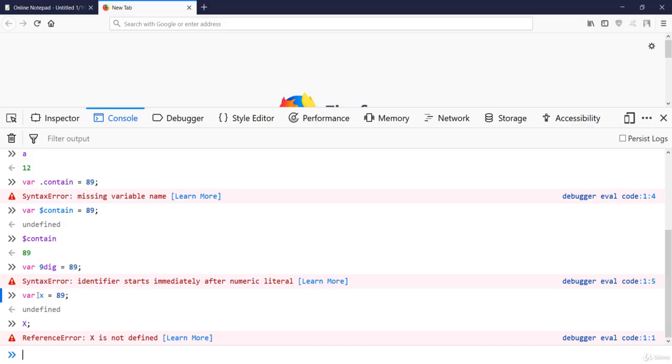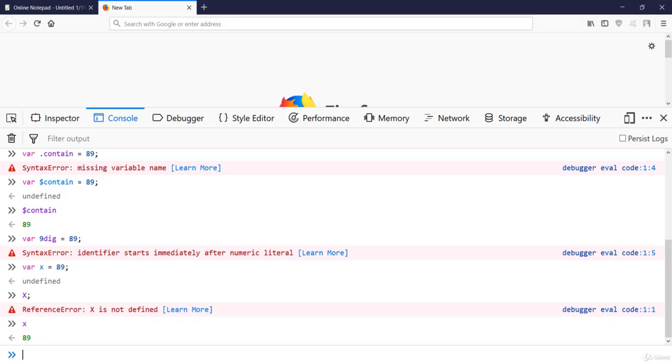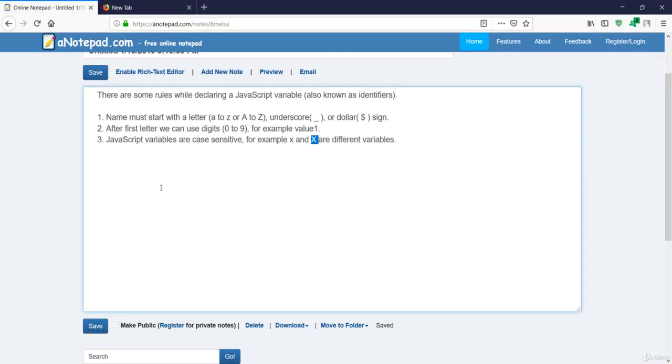That means the small x is not the same as the capital X, the uppercase X. That means JavaScript variables are case sensitive. So you must take care of these three rules while creating variables in JavaScript, and these three rules are known as identifiers. You have to follow these rules in order to create variables.